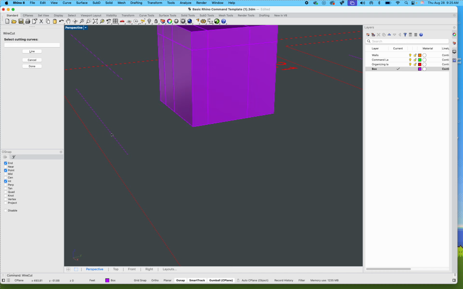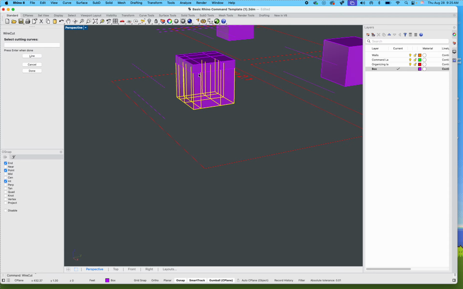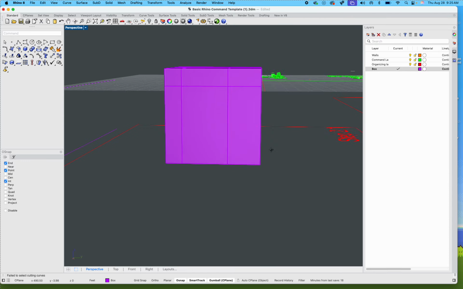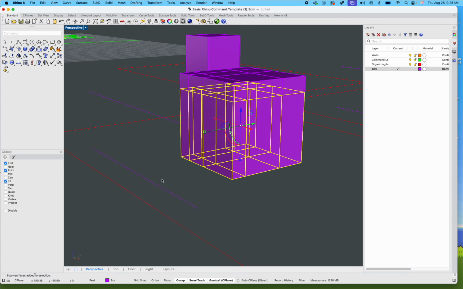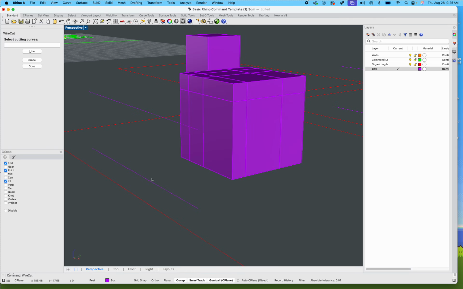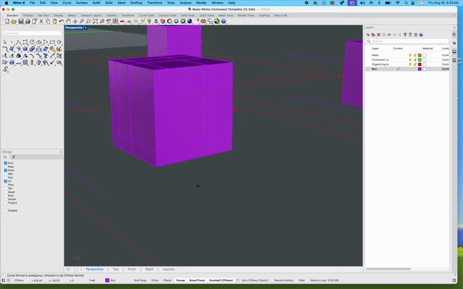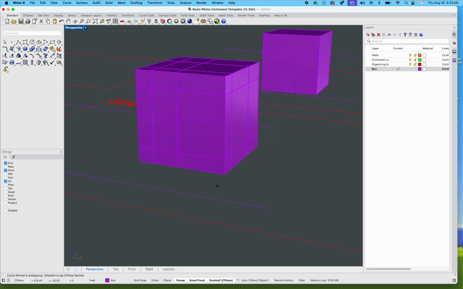So wire cut again, spacebar. Awesome. In my case, I'm going to make sure I go down and, oh man, I messed up. That's okay. Try again. Let's make sure I get all my pieces. First, you have to tell it what you want to cut first, right? Spacebar, wire cut, make sure I go all the way down and all the way through. And voila, we have our 27 box,